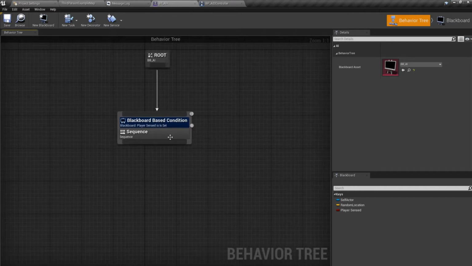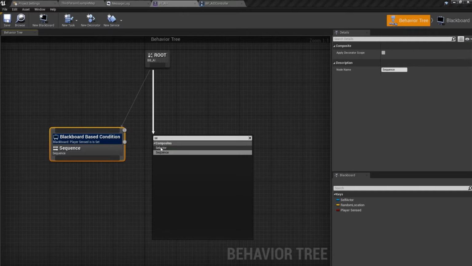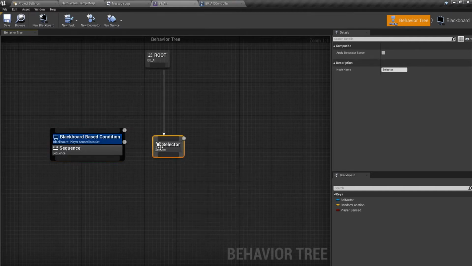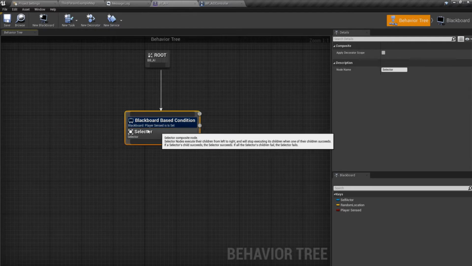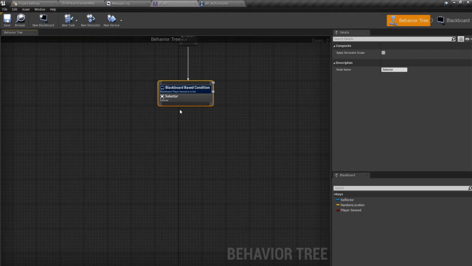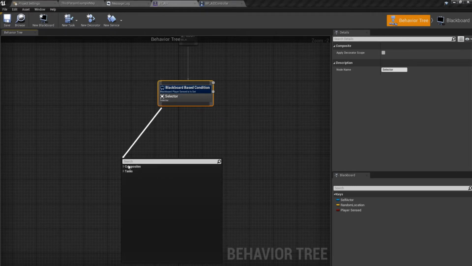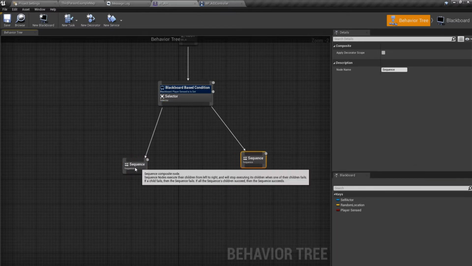So if it is, actually we need to do a selector on this. So if a player is sensed, we will do a sequence from here and then a sequence from here, and